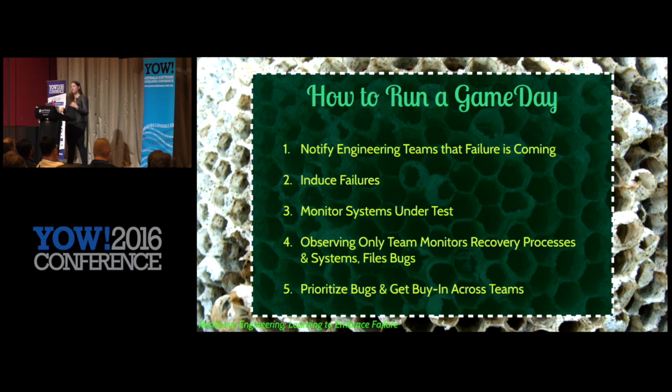And so they're taking detailed notes because even if something goes down in production and you know that this outage was planned, your customers are still paying you, so you have to get it back up, and that's scary. So what they want to do is have this team that's not worried about the outage, that's actually looking at the process and how everything's handled and taking notes, and then they're filing bugs about what was actually broken. Like, hey, we lost this link here. Hey, these two teams don't even know who they are and they have a hard dependency on each other. Maybe there should be something in the run book that says, here's each other's email or something. And then for this to actually be appropriate, you have to prioritize bugs and get buy-in across teams to fix them. So, you know, if you run it and then do nothing, obviously it doesn't work.